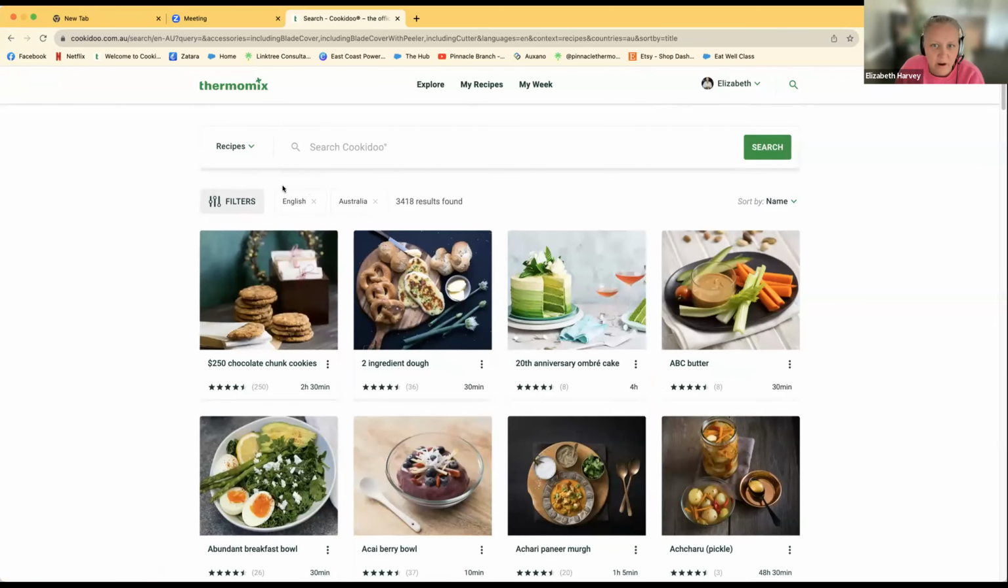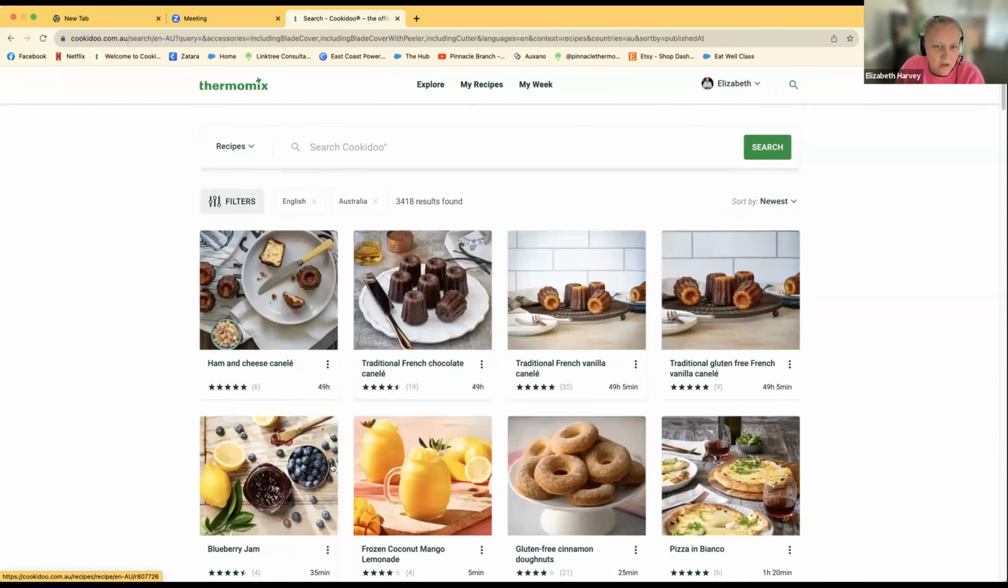Let's just go back to our recipes here and we'll sort that by newest. So obviously our canale collection has just dropped in. So all of the top ones are for canales. Now,